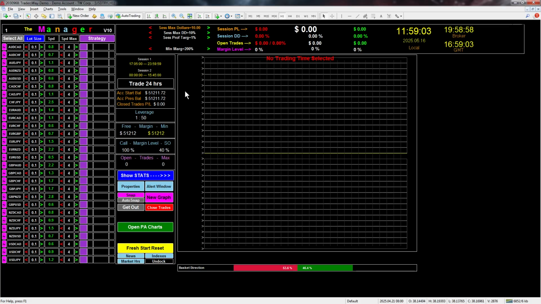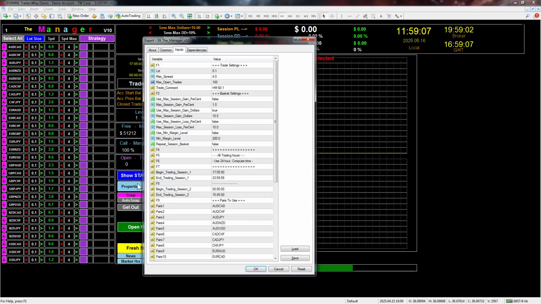Also, there's one other thing that I guess, this basically, just hit reset to clear. There's what is called a repeat session. Now that works in conjunction with a basket. Now when you turn it on,